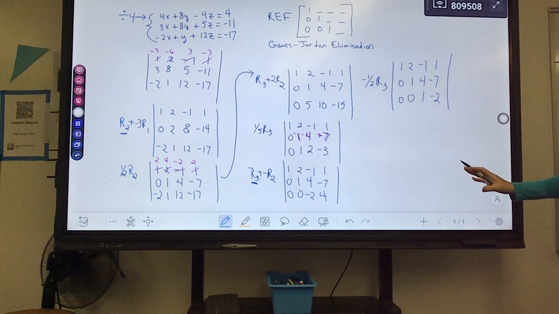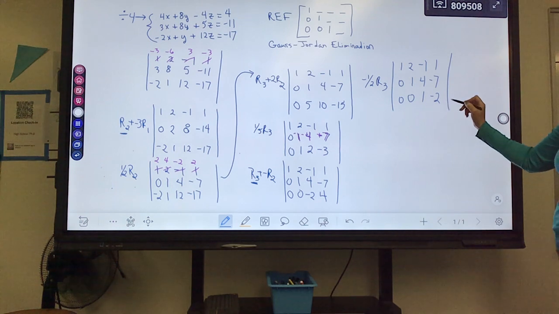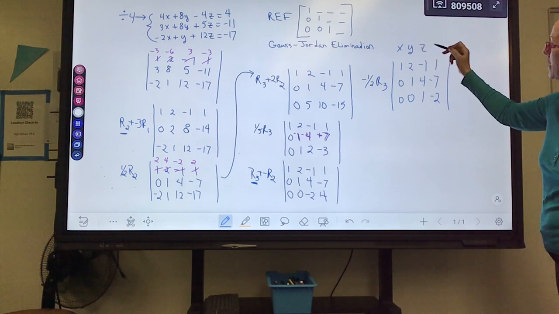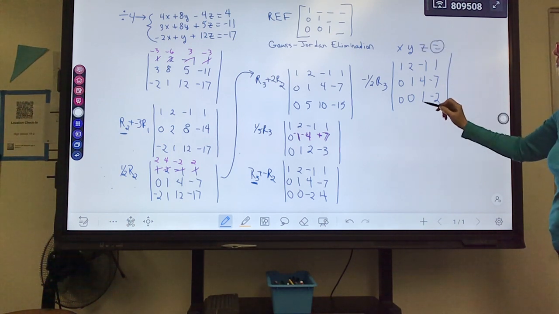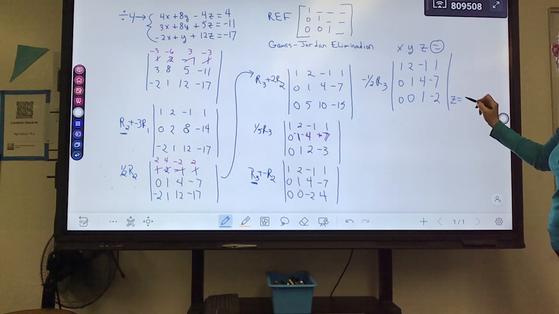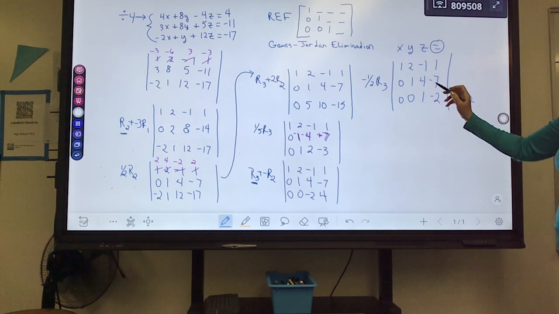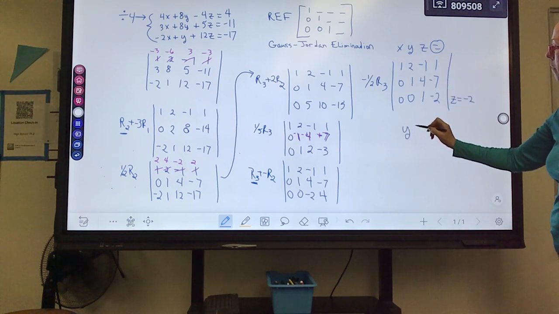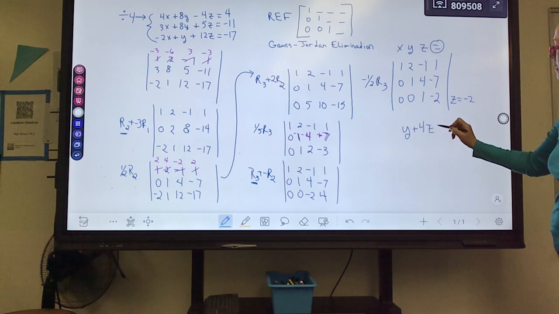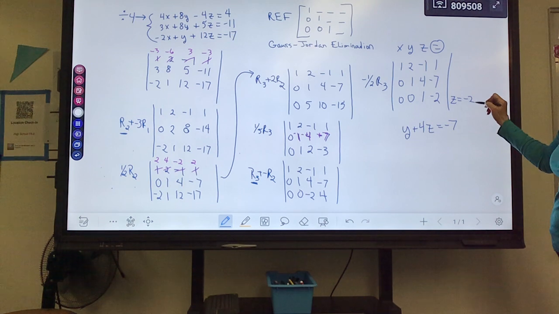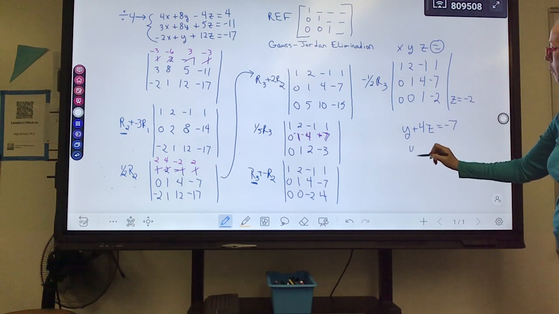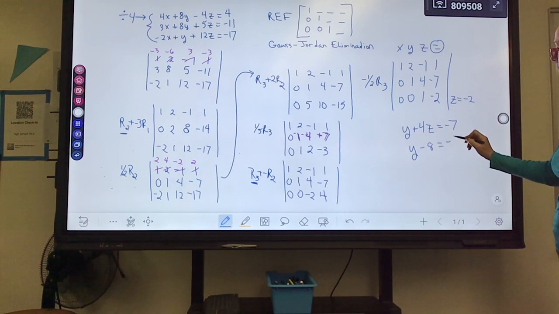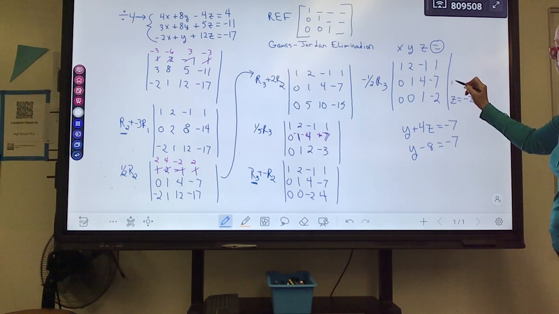And so I have just found my solution here. Remember that your first column is x, your second one is y, your third one is z, and this is what they equal. So this says that z is equal to negative 2. I can find y now. If I wrote this as an equation, that would be y plus 4z is equal to negative 7, but I'm going to substitute in the negative 2. So 4 times negative 2 is negative 8 equals negative 7, and adding the 8 over,